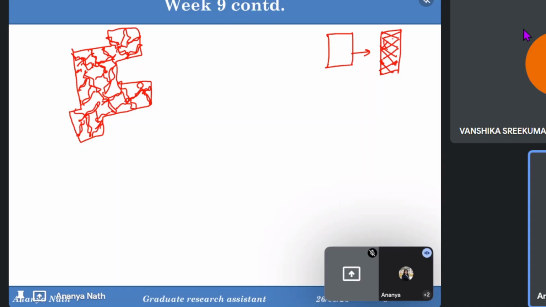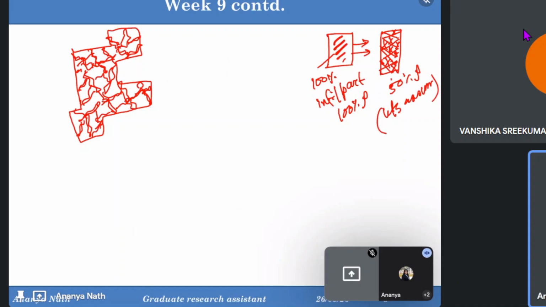These features are very small. It's not as big as what I have drawn. So I have introduced some gases or air pockets in a solid 100% infill part. This was a 100% infill part, meaning the part density is 100%, but here the density is reduced to 50%, let's assume. So I have introduced some air pockets in an ordered manner. That is what lattice means, and the lattice concept has come from the lattice of the atoms, what you have said. So, like those lattices, if you can make the preform of the